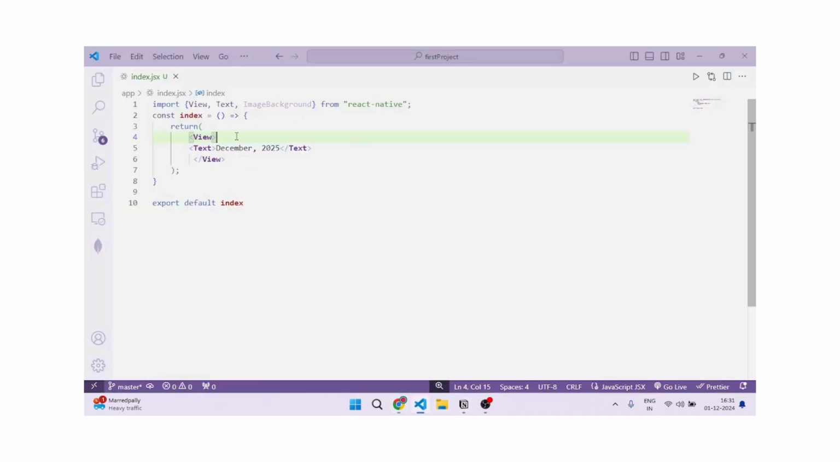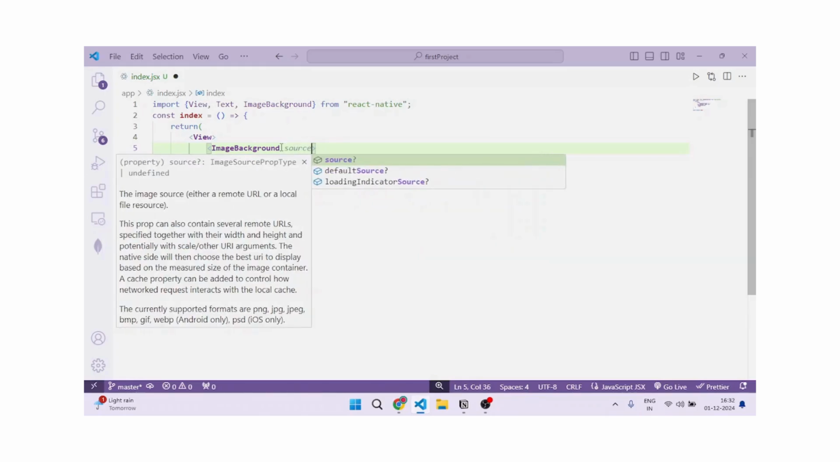Now you can simply write the image background component over here, and close the angular bracket. The closing tag will be automatically generated. Now what I want you to do is copy the closing tag and paste it below the text because we want the image background component to enclose the text component. All right. Now go inside the opening tag of image background and type source